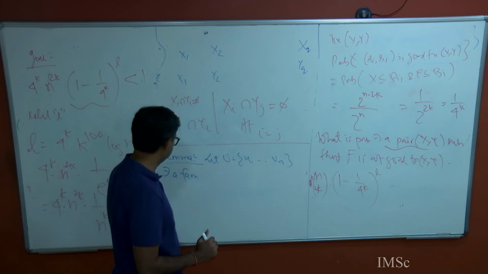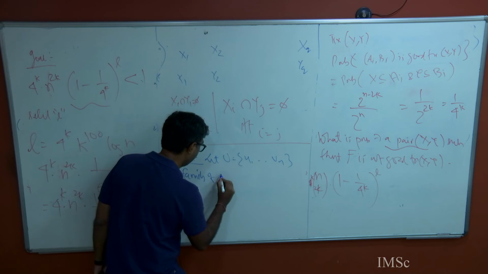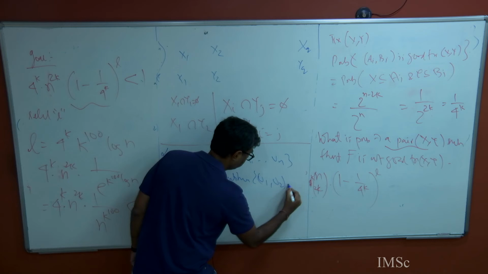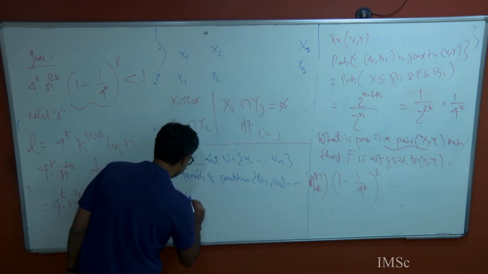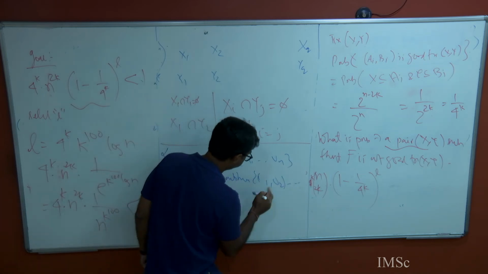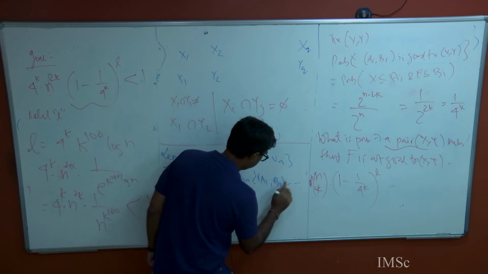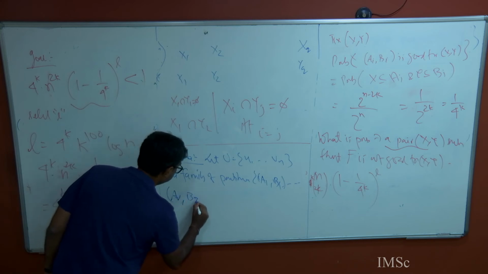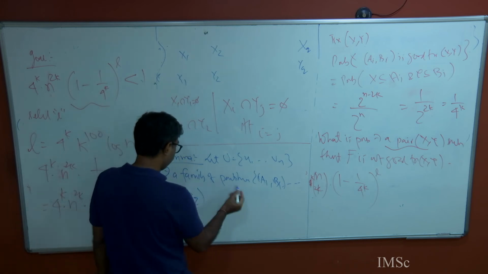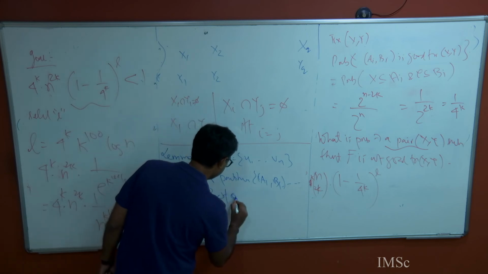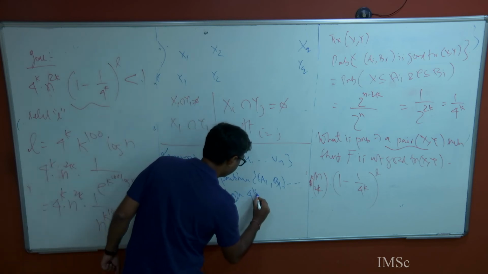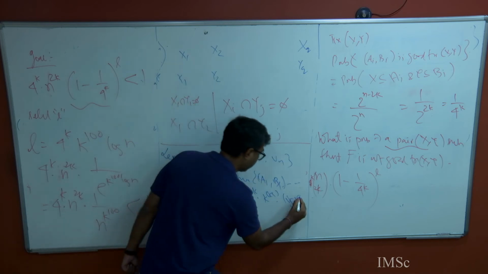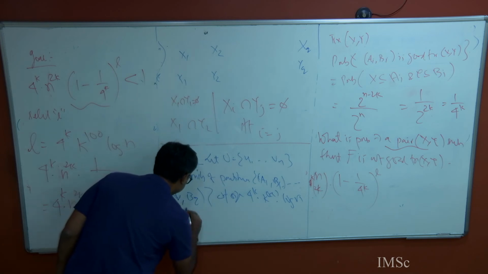Let U be some universe, there exists a family of partitions (A1, B1) through (AL, BL), a family of partitions of size 4 power k, k to the power big O of 1 times log n, which is very important, okay, such that